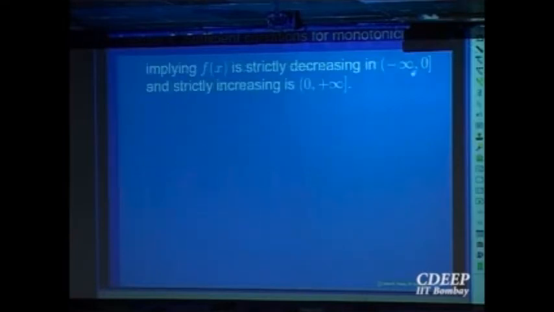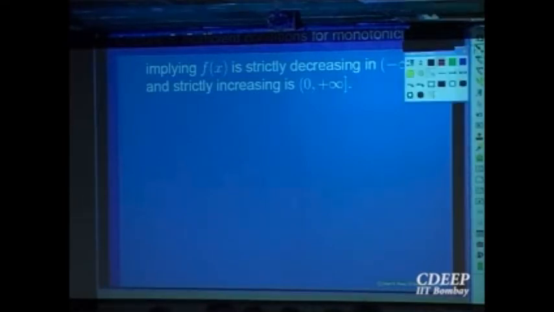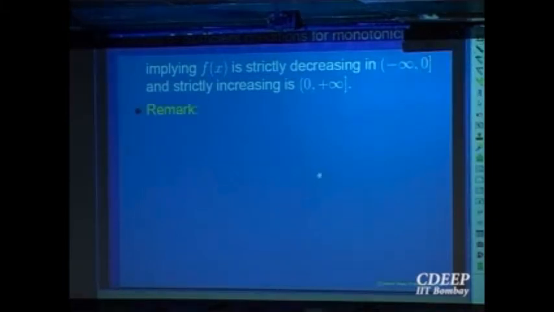Okay, so it is increasing in the interval minus infinity to 0, and I should put here actually open. This should have been open here. Right, and so this is a simple illustration of this idea that if the derivative is bigger than or equal to 0, that is if and only if the function is increasing, and if f prime of x is strictly bigger than 0, then the function is strictly increasing.